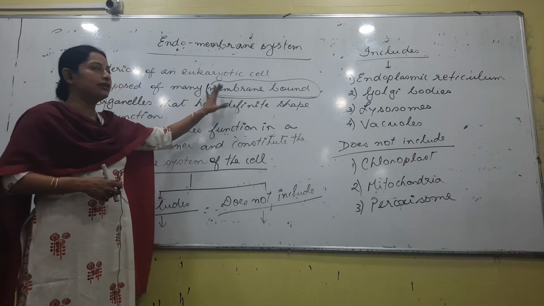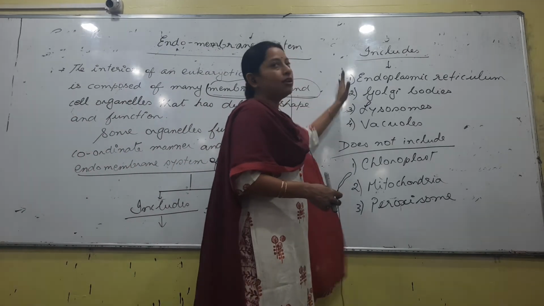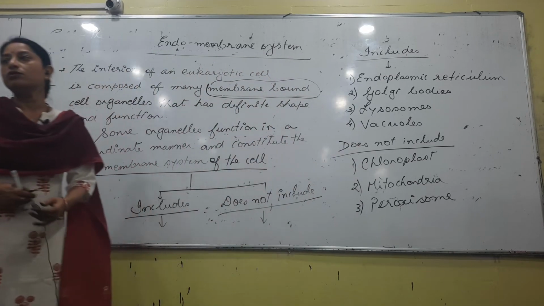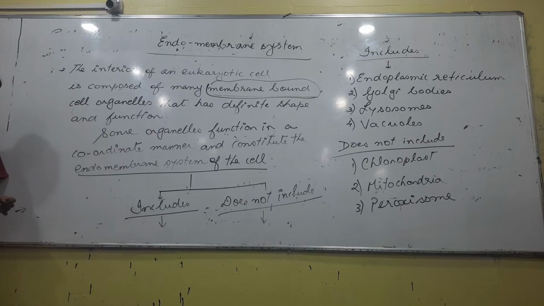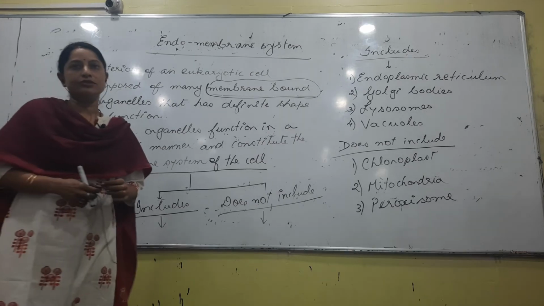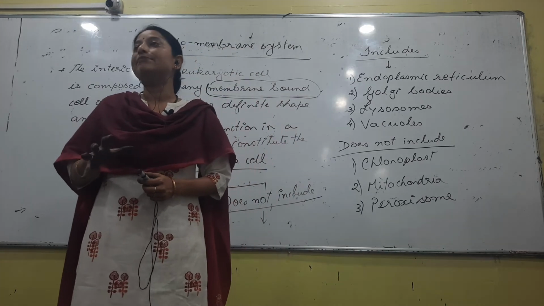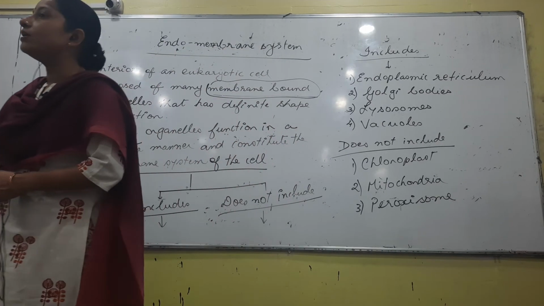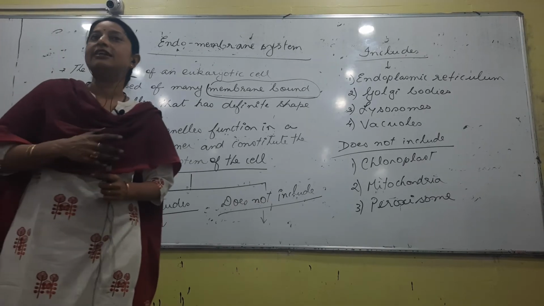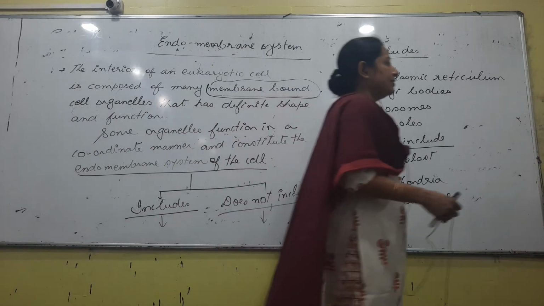So if we consider the membrane bound ones, which of them work together, and this is what they form, the endomembrane system, and these three to be precise do not belong to the endomembrane system, right? Talking about chloroplast and mitochondria, we have an idea. Peroxisome is something new to you. We will read about peroxisome later, right. Smaller cell organelles. It is not always that only the bigger organelles are present inside the cell. There are also membrane bound organelles such as peroxisome, spherosome, etc., and as we proceed in the chapter, we will be talking about all those, right? Okay. So if this is over, write the heading endoplasmic reticulum.